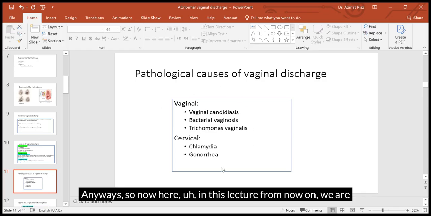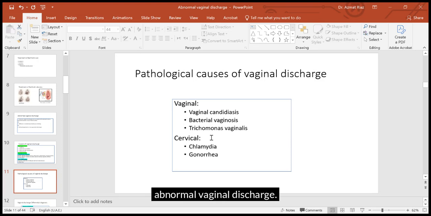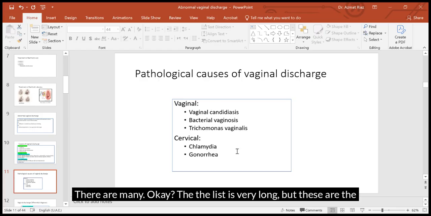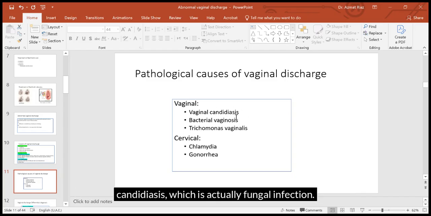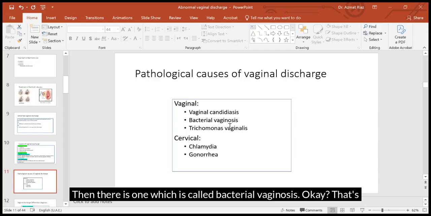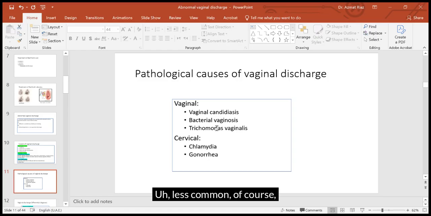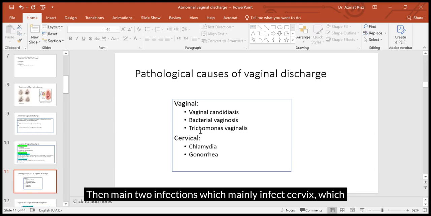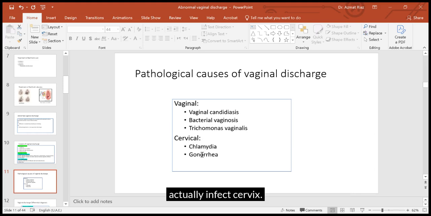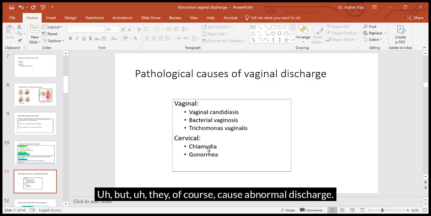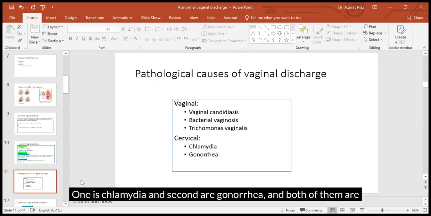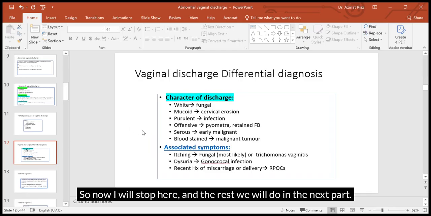Anyway, in this lecture from now on, we are going to discuss five important infections which cause abnormal vaginal discharge. There are many, the list is very long, but these are the more common ones which you should know at undergraduate level. One of the common ones is vaginal candidiasis, which is a fungal infection. Then there is bacterial vaginosis, also a common condition. Then Trichomonas vaginalis, a sexually transmitted infection, but an important one, less common compared to vaginal candidiasis and bacterial vaginosis. Then the two infections which mainly infect the cervix, but of course cause abnormal discharge, so the woman may present with abnormal vaginal discharge: one is chlamydia and the second is gonorrhea, and both of them are sexually transmitted infections. So now I will stop here and the rest we will do in the next